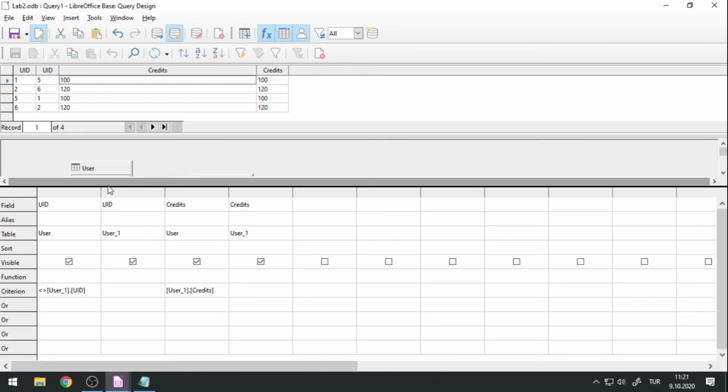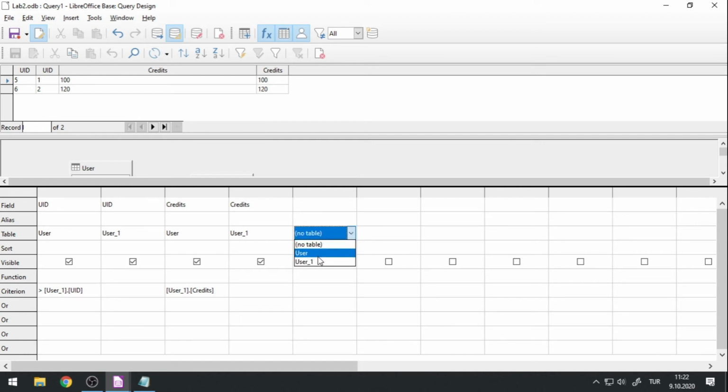Maybe I would like to get the user with the higher UID on left side. So rather than saying not equal to, I can say the one on the left should be strictly higher than the one on the right. Then I will not see those duplicates as well. And let's say that I would like to see the names of these users. So from user table, I can include the uname, and from user underscore 1 table, I can include the uname as well. And if I run this query, now I will see that Ali